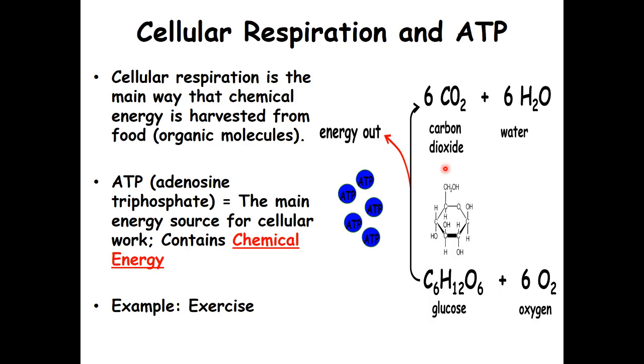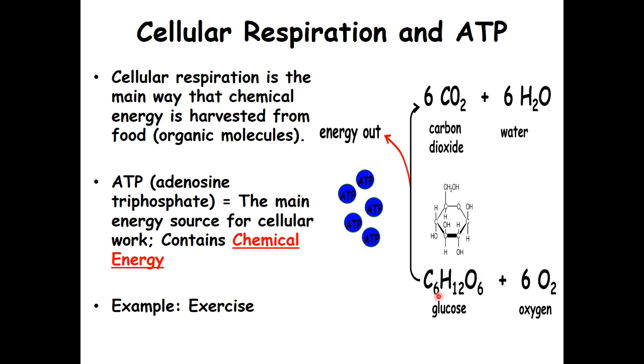Now, we're going to talk about cellular respiration. The purpose of cellular respiration is to break down food to harvest its energy in the form of ATP, so cells can use this ATP for whatever task they're trying to do. Now, if you look at the equation for cellular respiration, that's what I have.